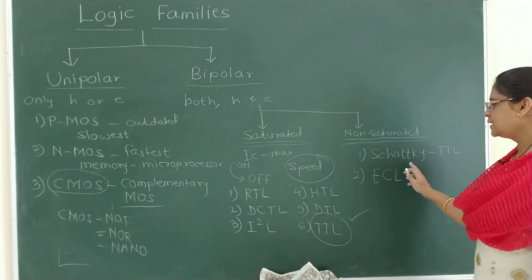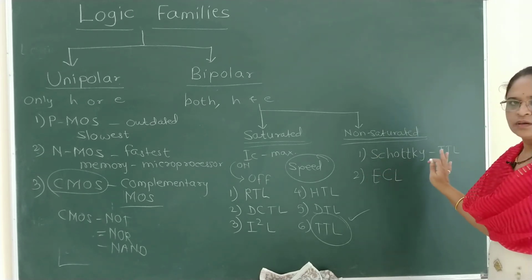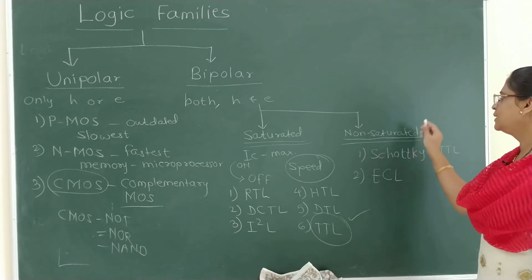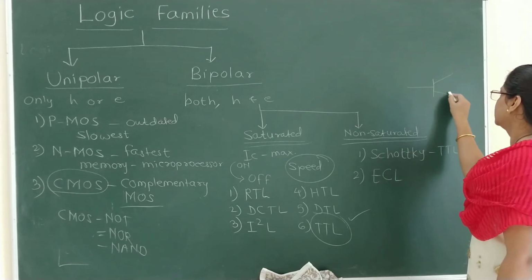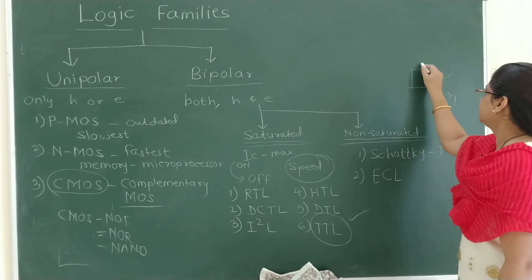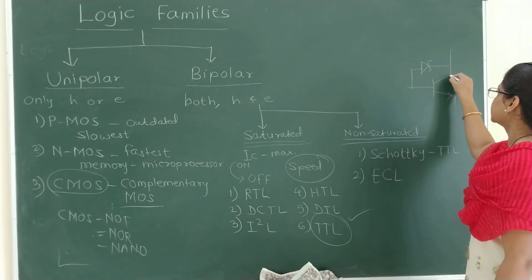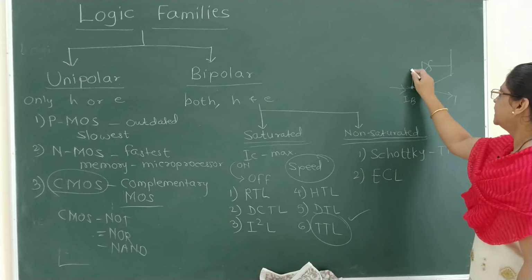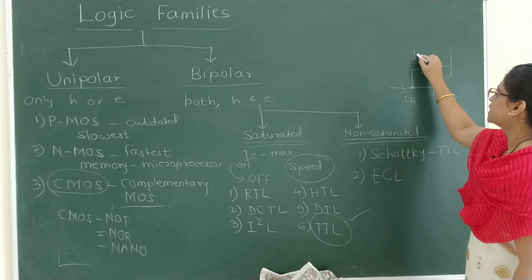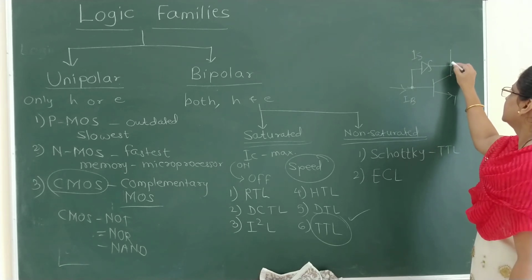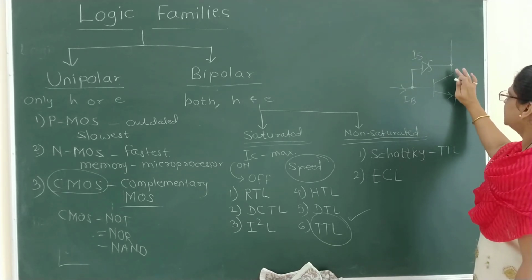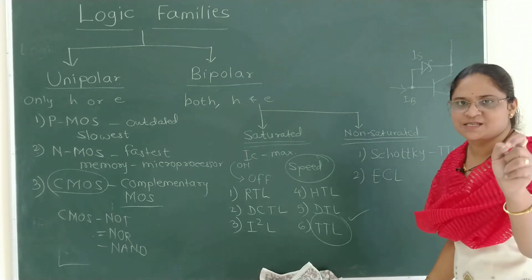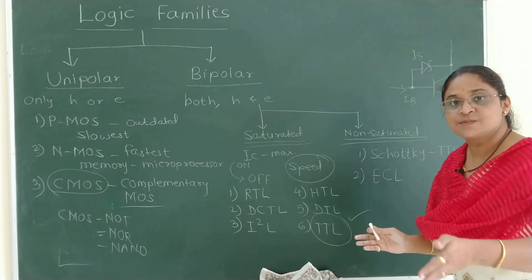And from non-saturated, in this syllabus, no particular circuit is to be studied, but the meaning is that the Schottky diode will make the current be divided between base and collector. So the initial IB gets divided as the Schottky diode current, and then it can be collected when the current comes out of the collector. So the collector current will not reach the maximum level. Initially it gets bypassed.